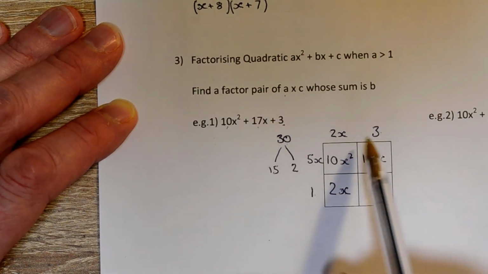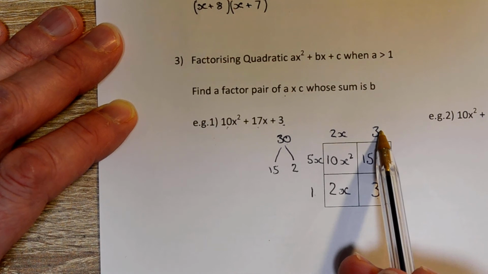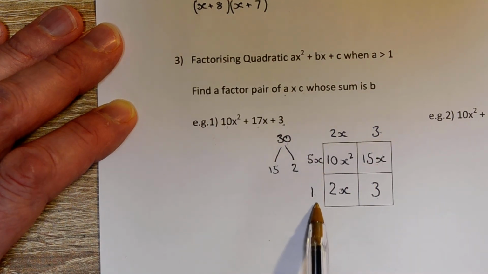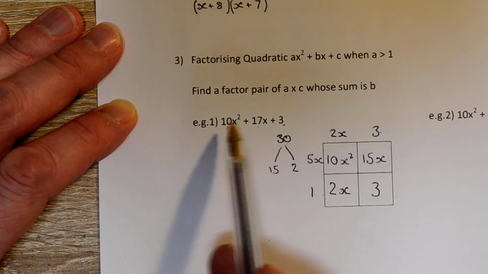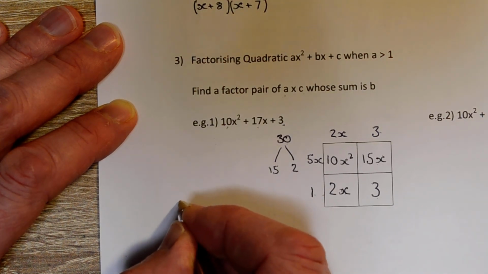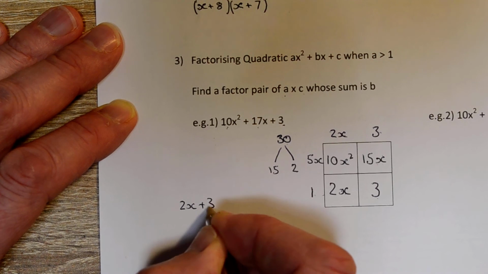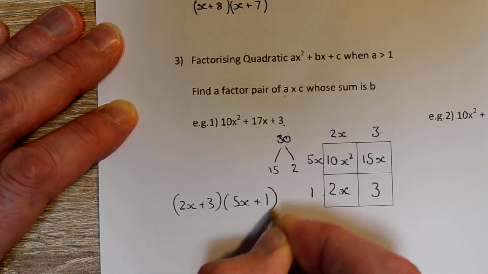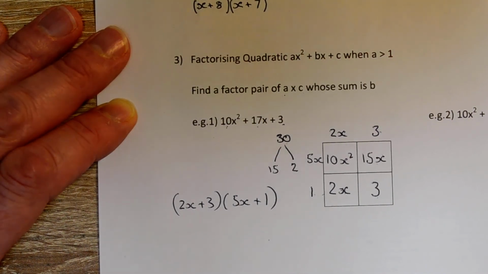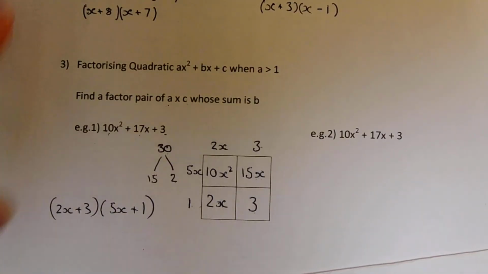And so here's one linear expression, and here's our second linear expression. We've got two linear expressions which multiply together to give us the quadratic we started with. I'll do one more example, and here we've got